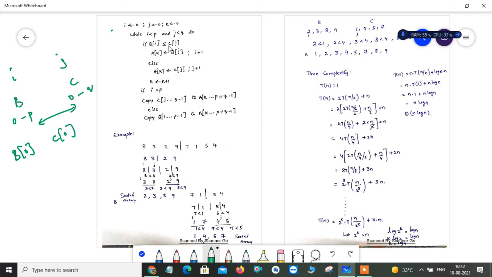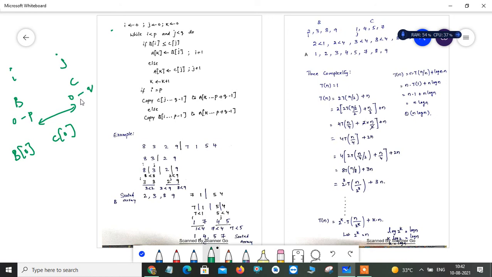See, here it is taken. If B of i is less than or equal to C of j, so what we can do, A of k equals B of i, then you can increment your i position by 1, right? Else, if this element is not smaller, then what's happening? This element is going to be smaller.